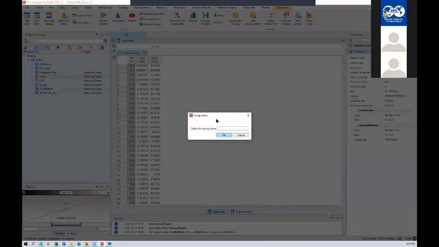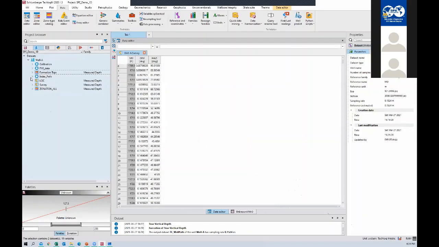I will name it as index and maybe well path. Index and path. You see now a group has been created, just similar to what I had for calibration dataset. And I will keep my index and Techlog well path over here, because I'm not going to utilize these datasets in the geomechanics part directly. Software will itself understand what is the relationship between MD and